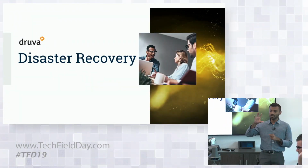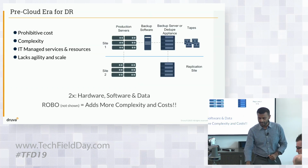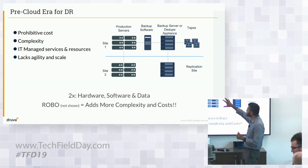Curtis gave a really good introduction, actually an in-depth one, about data protection as a service and how we leverage it. I'm just going to talk about how we take that copy of your backup and leverage it for DR. Before I get into it, really quickly, going into this diagram that Curtis has explained,